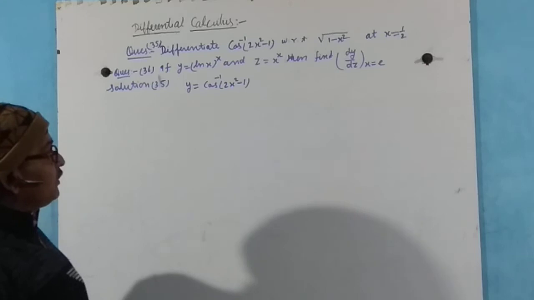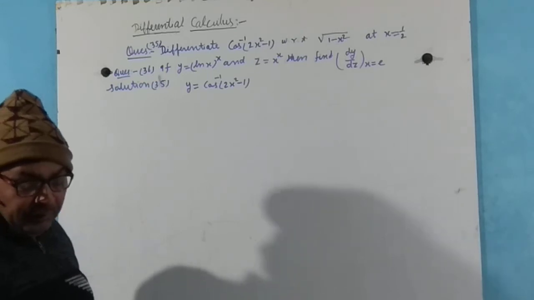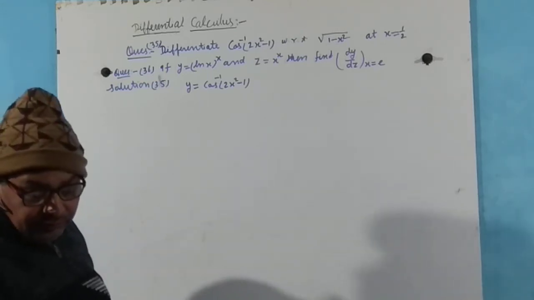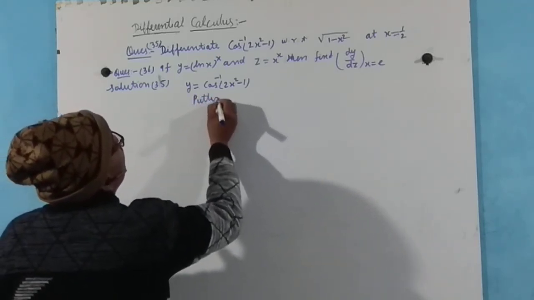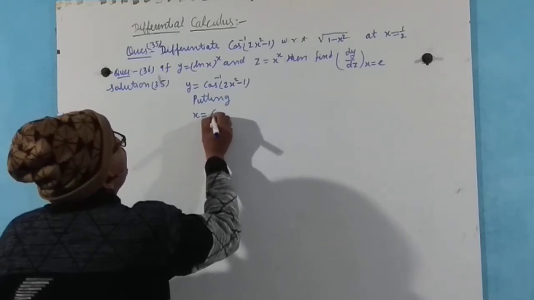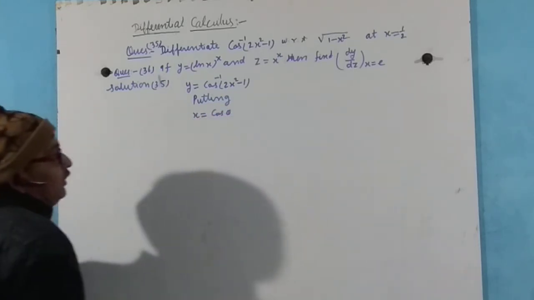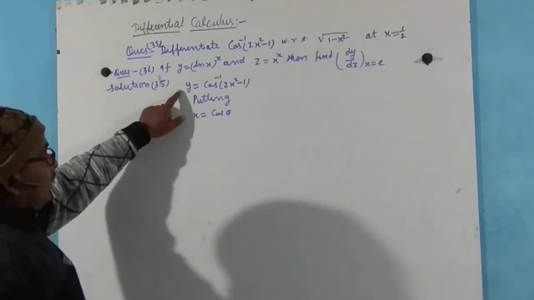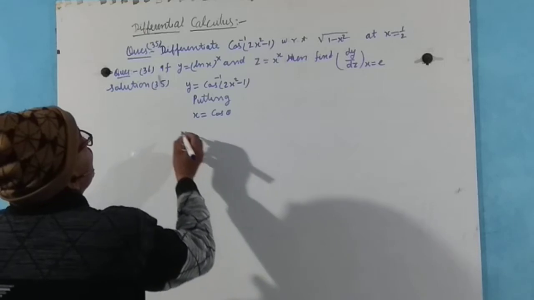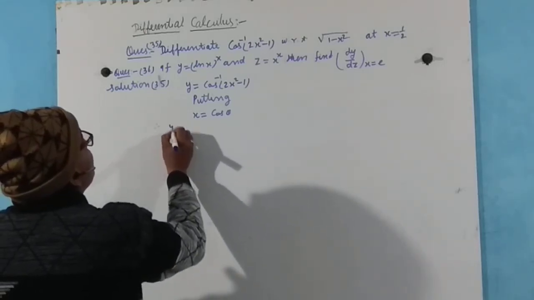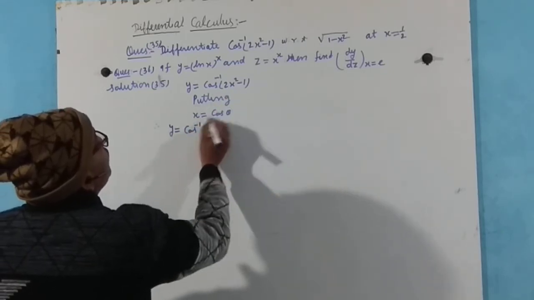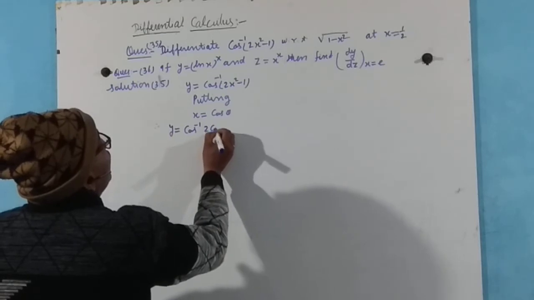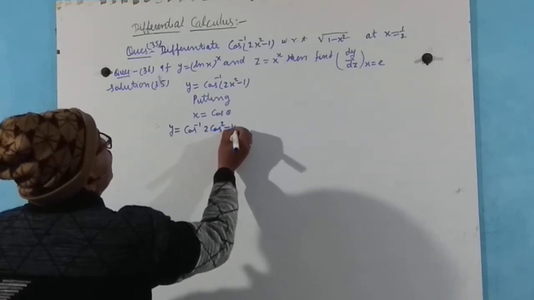Let us suppose that y is equal to cos inverse (2x square minus 1). Then putting x equal to cos theta here, in this case y equal to cos inverse (2 cos square theta minus 1) here,